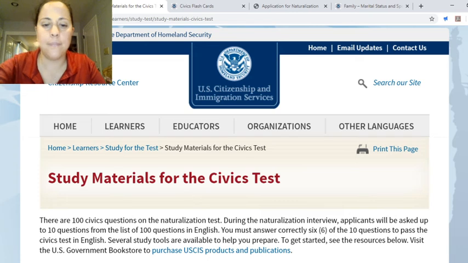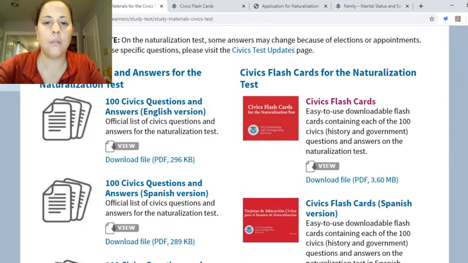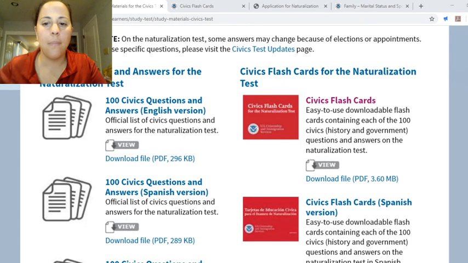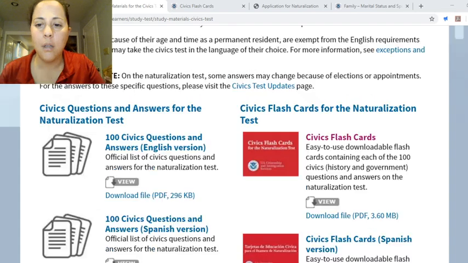Okay. Look, if you go down, you can see civics questions and answers, okay? If you want to, you can look at the civics questions and answers for the naturalization test, okay, citizenship test, or you can practice flashcards, okay? Today we are going to practice with the flashcards,